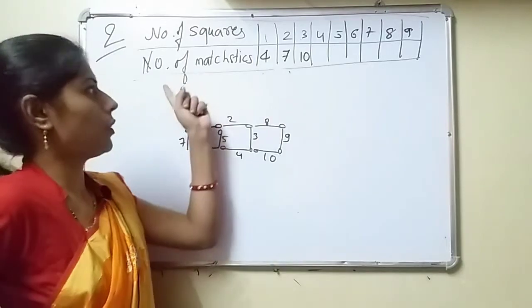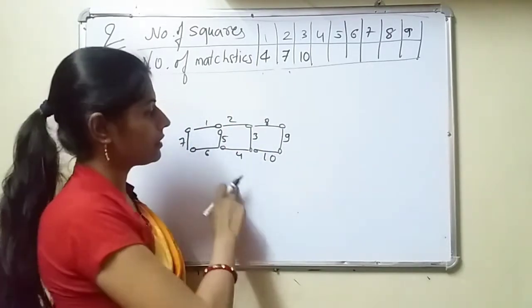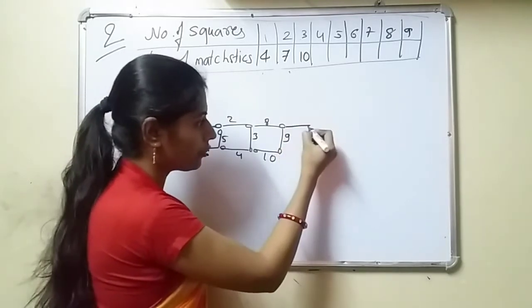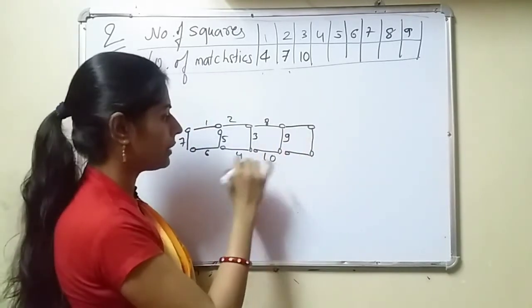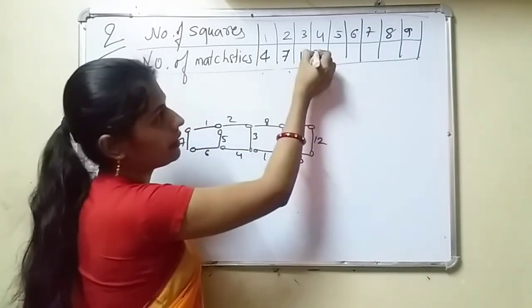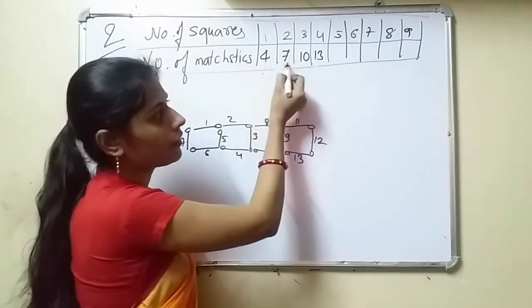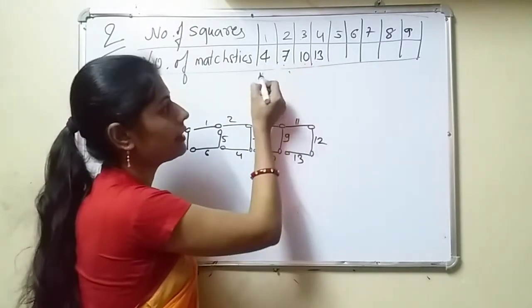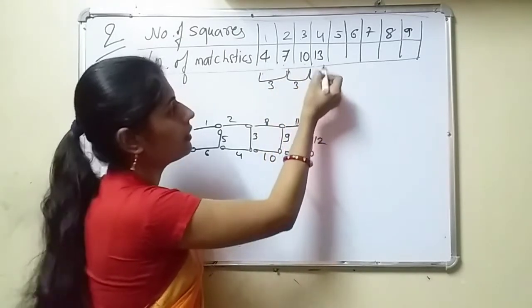See, remember this question number is second, and before that which question we solved, that is third. By mistake I have solved question number 3 in place of question number 2. Now see this question. Again you have to make the matchsticks. Now count from 10: 11, 12, 13. Here what we will get? 13. What is the difference we are getting? 4, 5, 6, 7, 8, 9, 10, 11, 12, 13. It means we are getting a difference of 3 in between them.